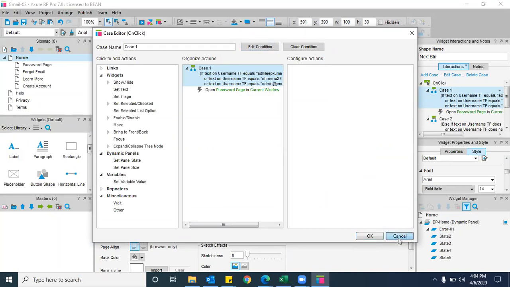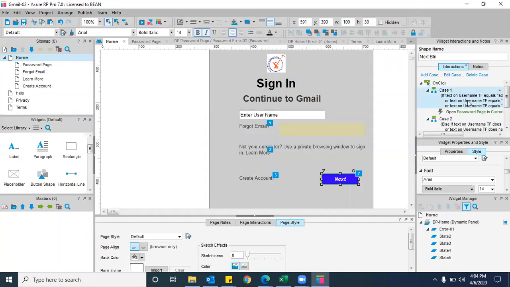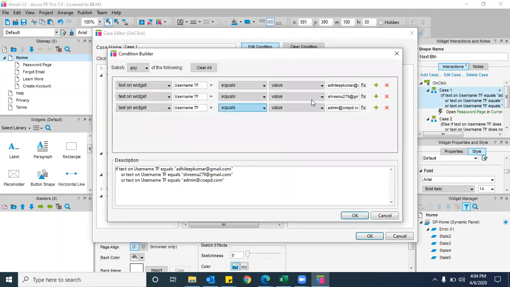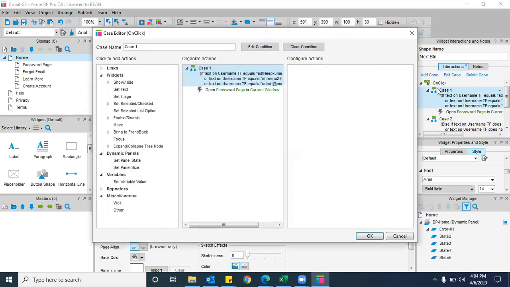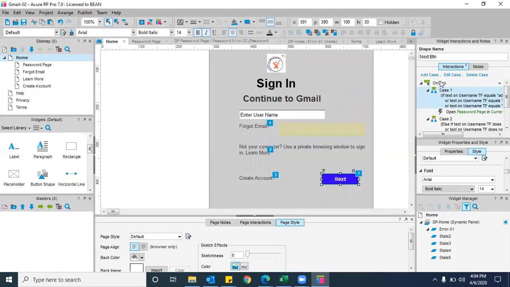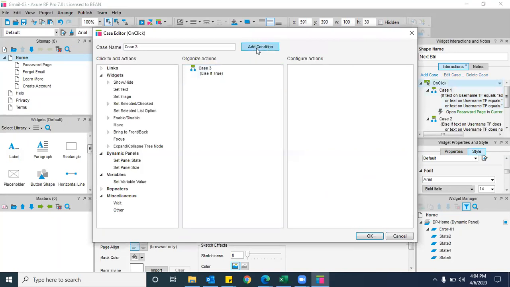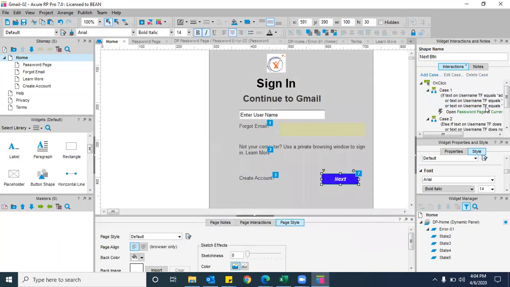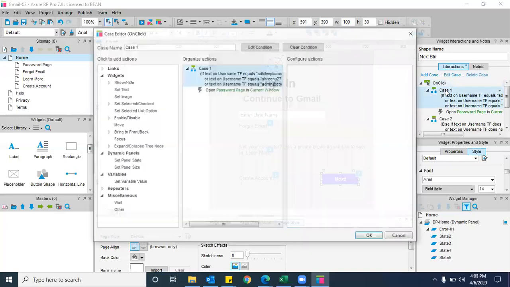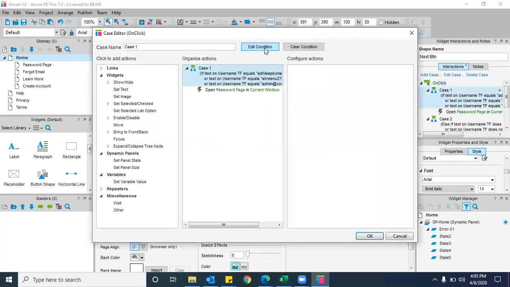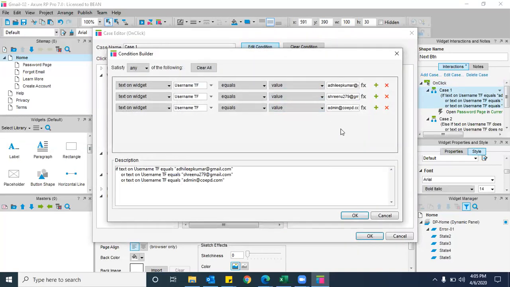So we cannot add any other conditions to this, or just edit? You can add it. You can add multiple conditions as well here. But initially, for example, now again I'm clicking on click. Now it is add condition only. If it is the first condition, it will show you as add condition. From the second time onwards, it will show you as edit condition. Click on add condition.